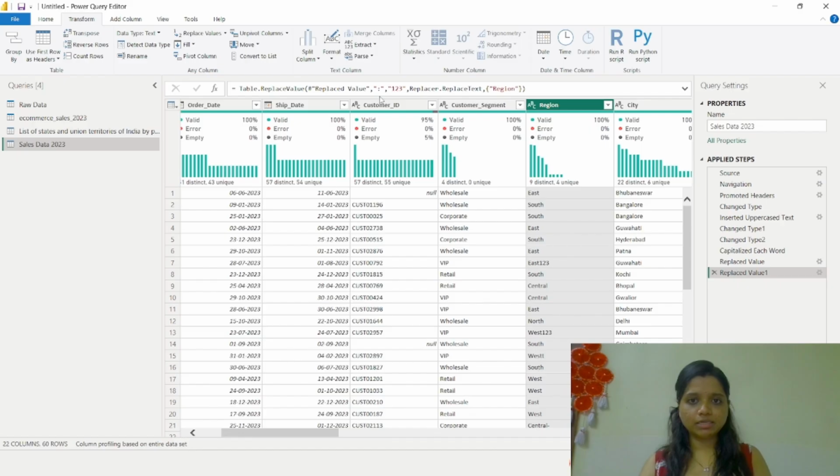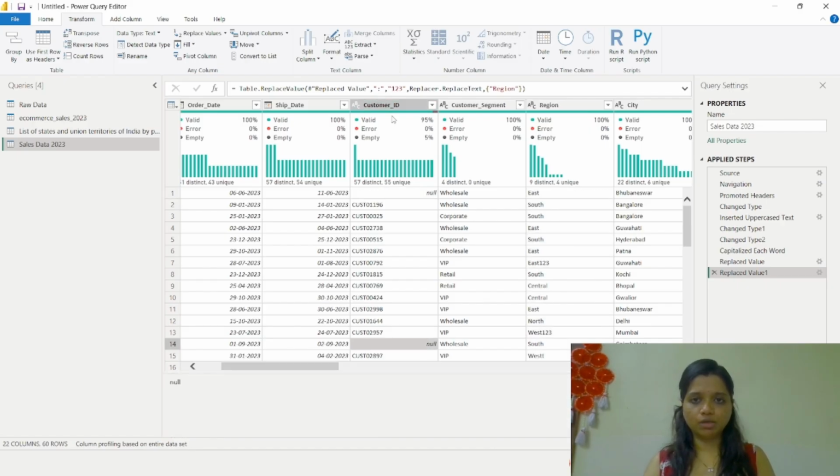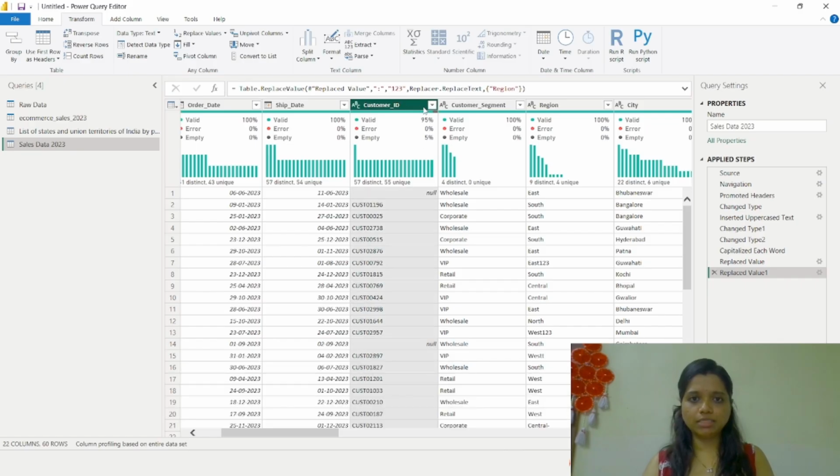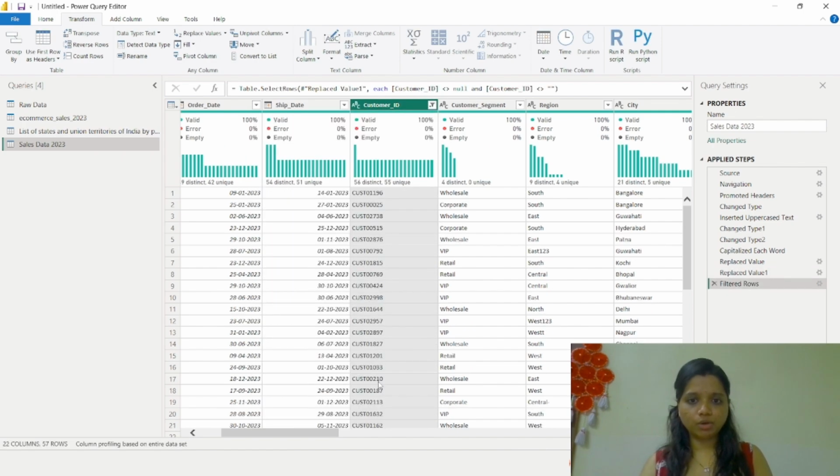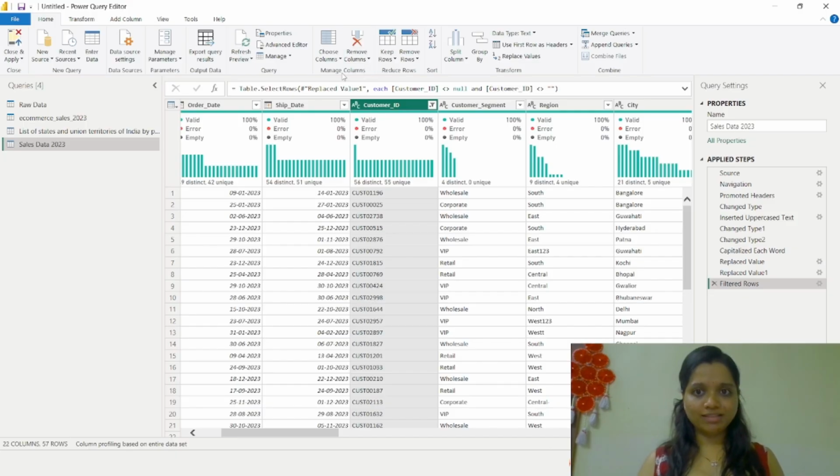Another thing that I want to show you is the nulls in the column. The easiest solution is you click on this small arrow and the first option is to remove empty. So it's going to remove all your nulls. Secondly, if you want to remove the entire row, then what you can do is select the row and say remove blank rows.